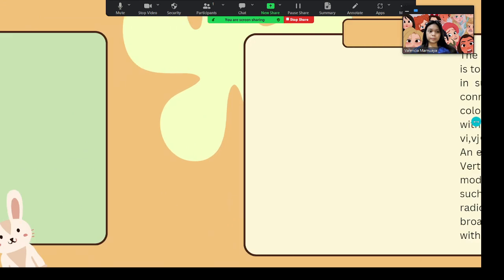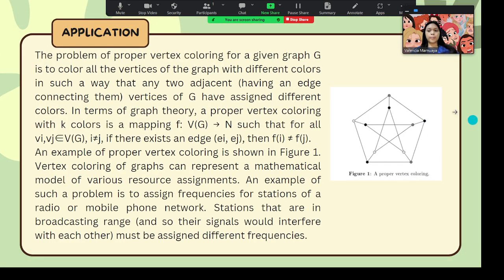Next, application. The problem of proper vertex coloring for a given graph G is to color all the vertices of the graph with different colors in such a way that any two adjacent vertices of G, having an edge connecting them, are assigned different colors. In terms of graph theory, a proper vertex coloring with k colors is a mapping f